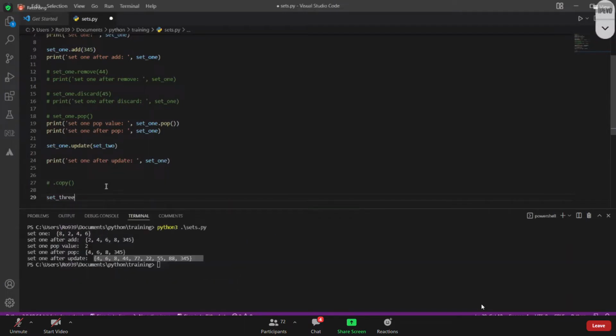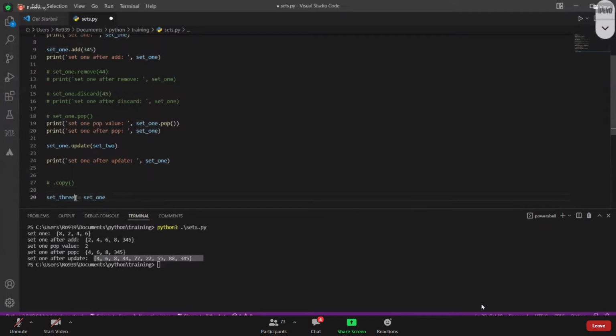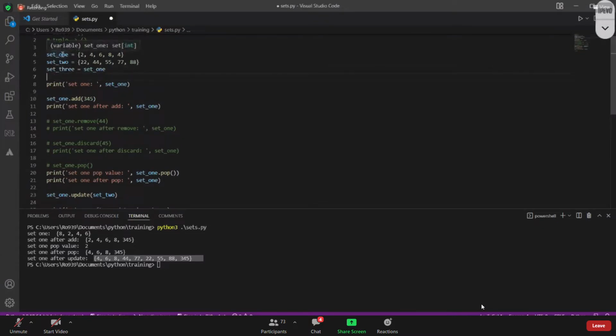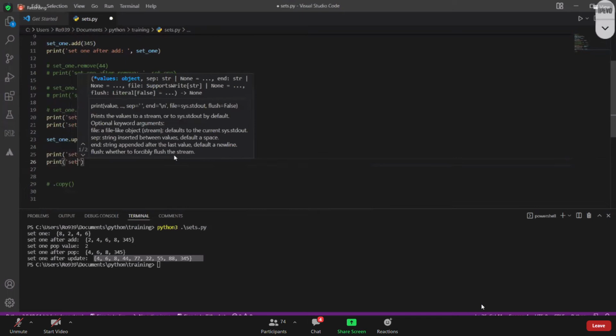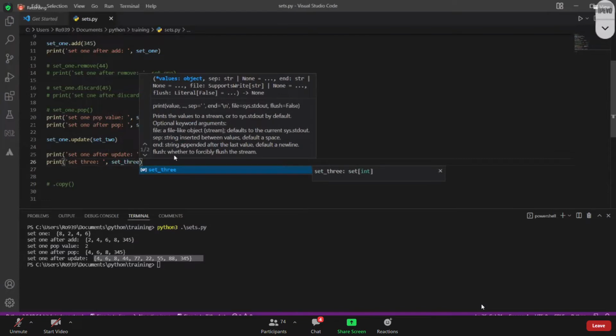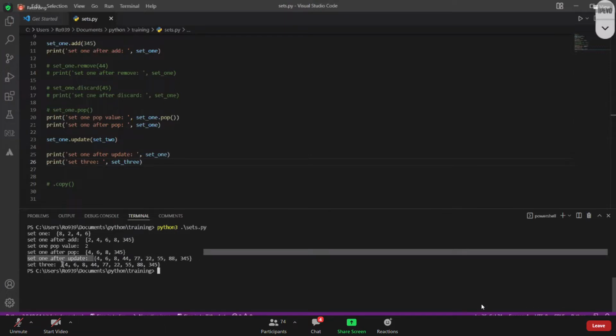So I'm creating one more variable called set3, and I'm putting all the information which is there in set1 inside set3. Maybe I'll do it here. All the information inside set1 will move to set3 as well. At the end, I'm trying to print set3. Here you can see whatever information is there inside set1, it will be there in set3 as well,